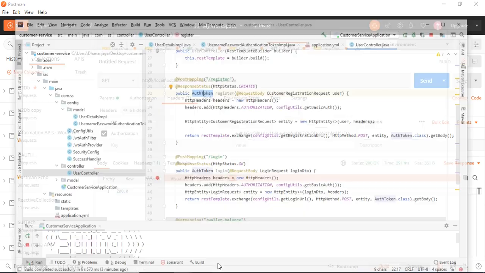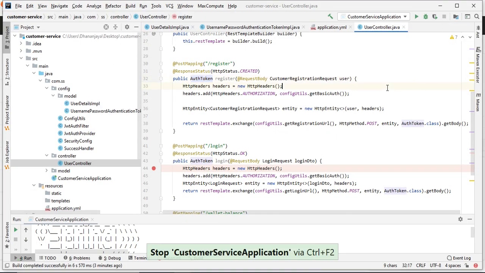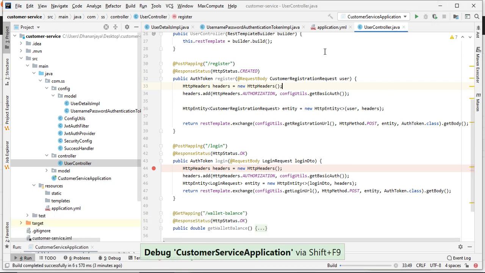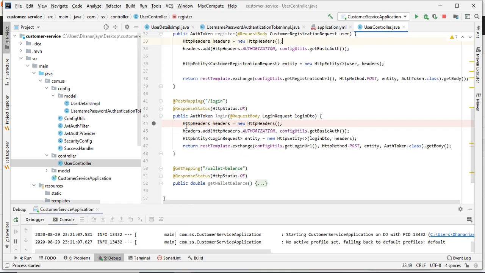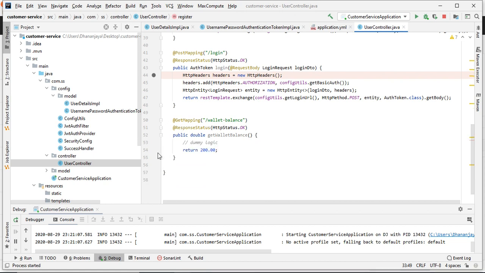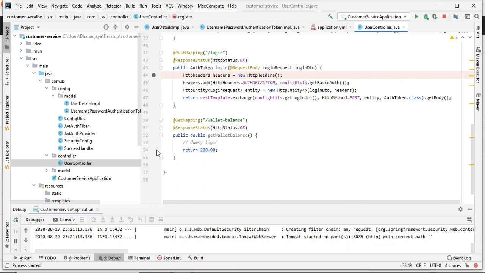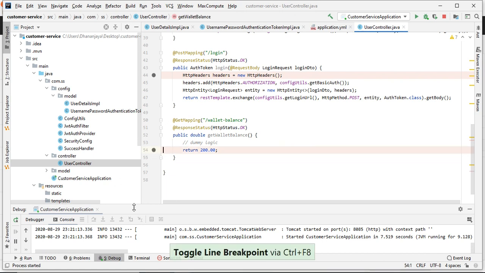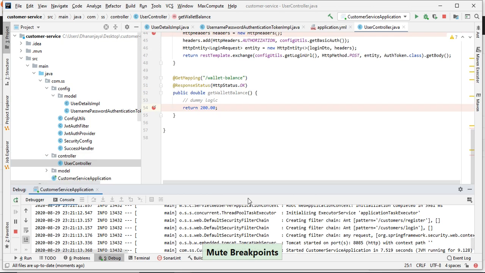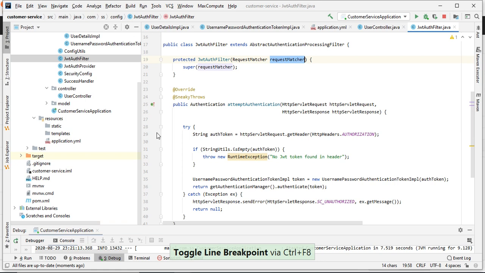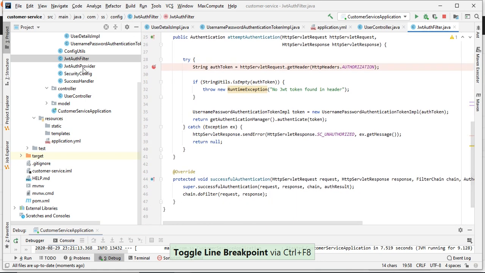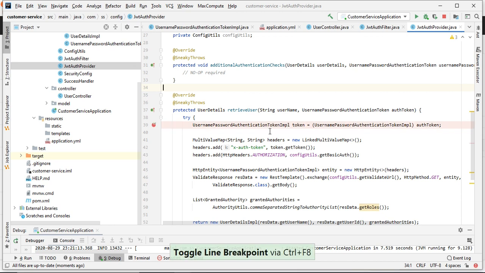Let me show you the debug. I will debug and show you the flow once again. After that we can wind up. Let me run in debug mode. So at line number 54 I am giving one debug point. In the authentication filter, line 29, I have given, then the authentication provider. After that let me give one to the success handler.